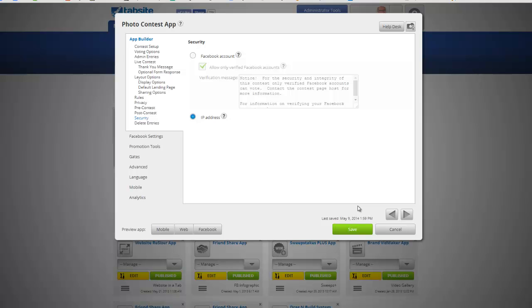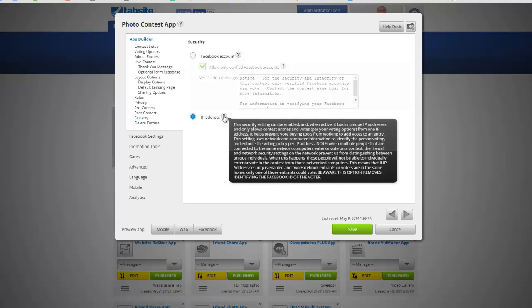And if a wife is on the computer and votes, okay, that one will count. If the husband then logs in to vote on the photo contest from that same computer, we're going to detect that there's already been a vote. We're going to say can't vote. So that's the downside of the IP one. But again, IP is helpful in the way that it tracks